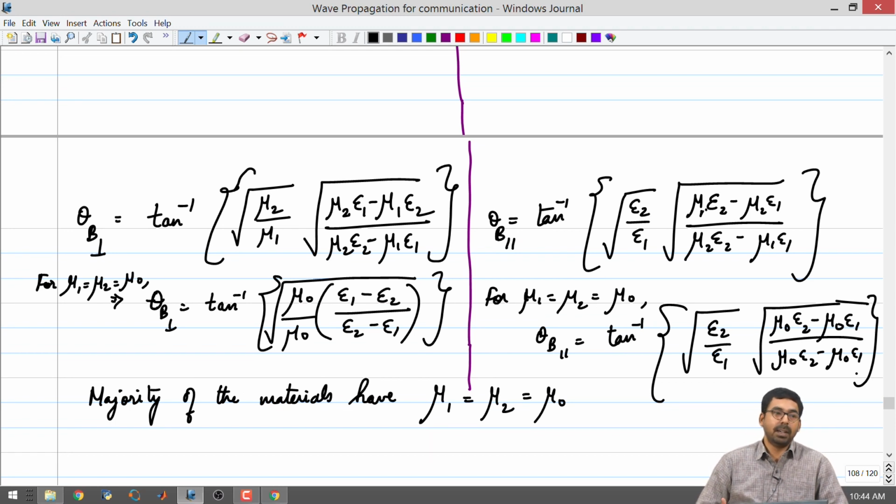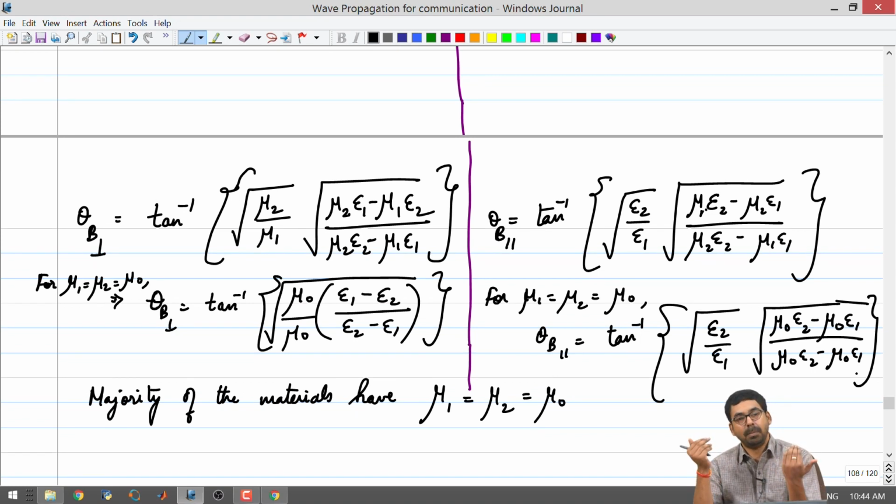Whatever voltage and current waves you are launching will adhere to this (ZL minus Z naught) by (ZL plus Z naught). But in this case, merely the material configuration is not enough. You also need to have the polarization aligned in some direction. It has to be parallel polarization in the case of non-magnetic materials to have reflection coefficient equal to 0. So, this means that impedance matching in the case of electromagnetic waves should also consider polarization.